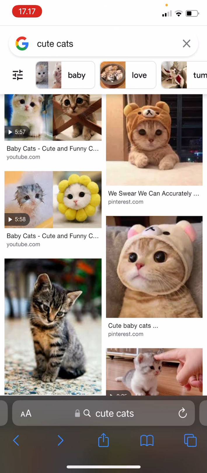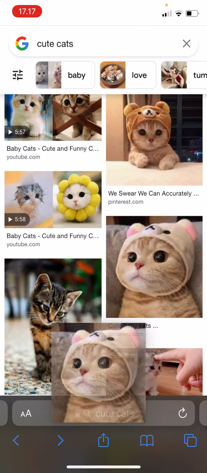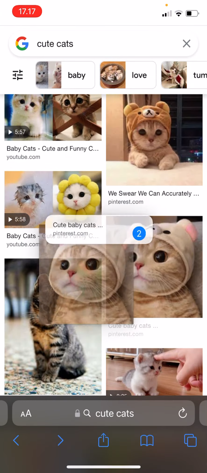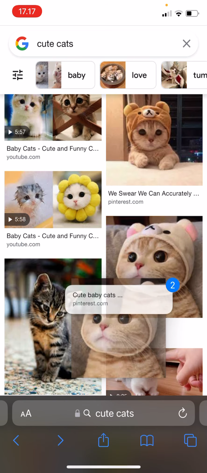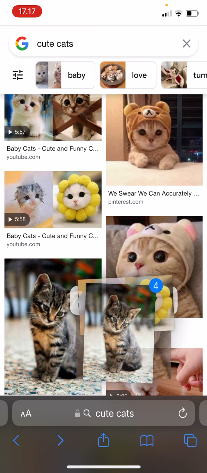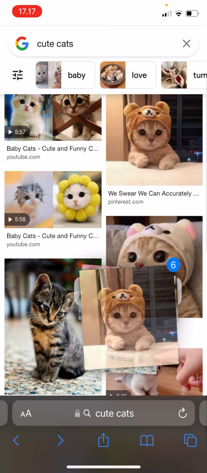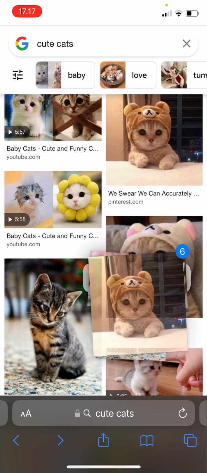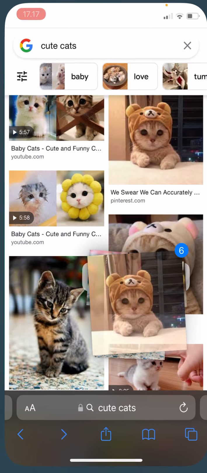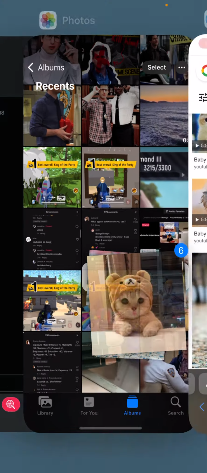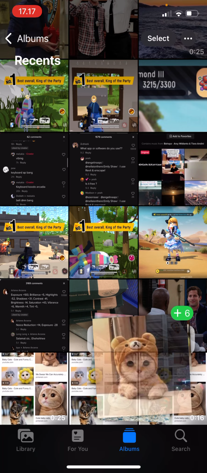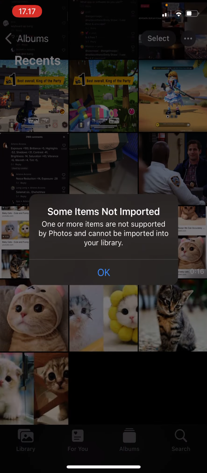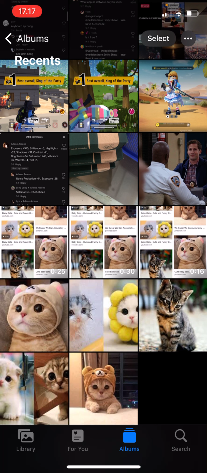You're just going to want to select one of the pictures and drag it to the left or right or up and down, and you can select other pictures, and as you can see the numbers have also changed because I've added a lot. Then you're just going to want to drag this and go to another application. I'm going to the Photos app and I'm just going to drop it, and the pictures have been pasted, and some may not be supported to be pasted to my gallery, but